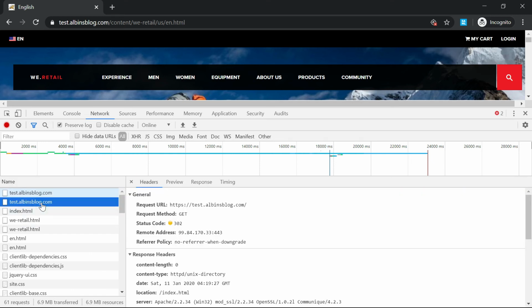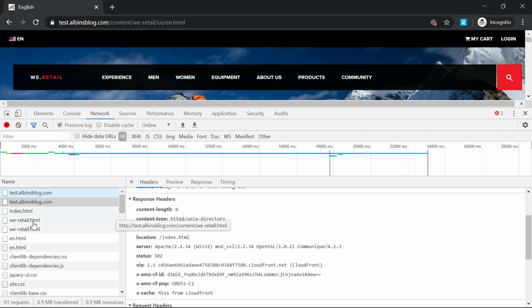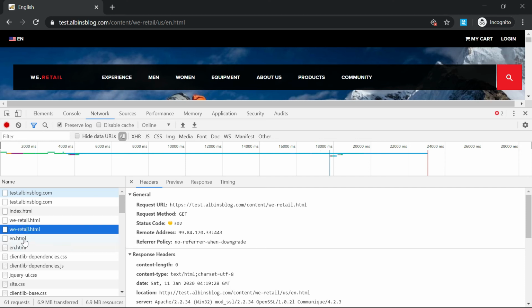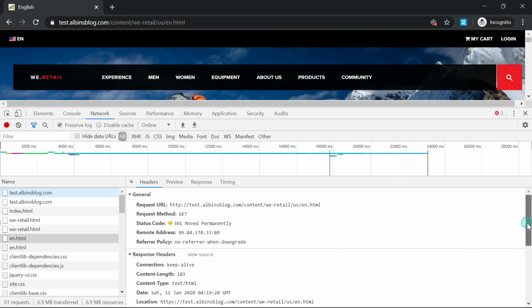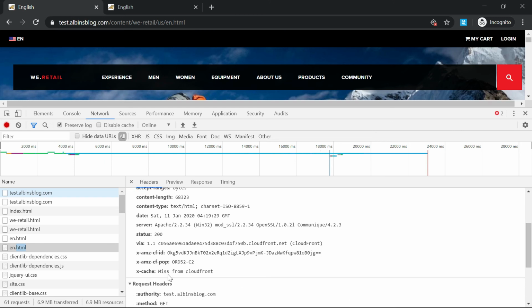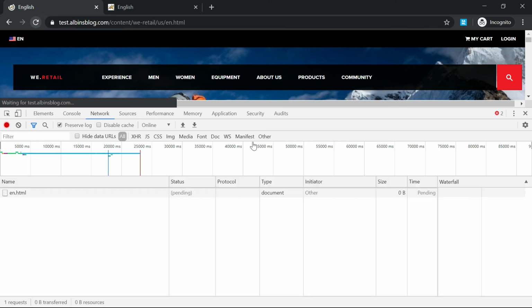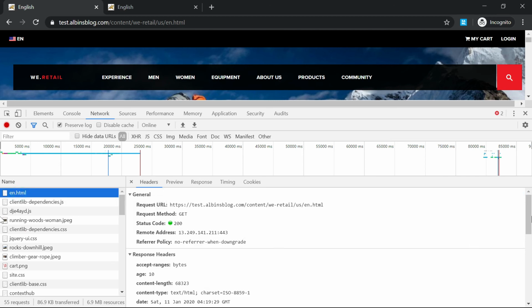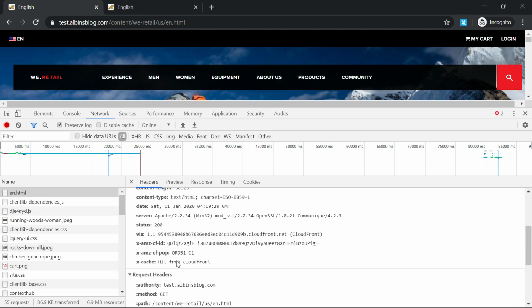Then if I go to this, this may be an Apache redirect because of index.html. Now this is the actual page. So there is again one more redirect, I'm not sure. Yeah, there are a lot of redirects maybe. If you see here, this is the actual page accessed and it is saying Miss from CloudFront. Maybe next time if you access, it will say Hit from CloudFront. Yeah, if I go here, it's a Hit from CloudFront. So it's cached in the CloudFront.